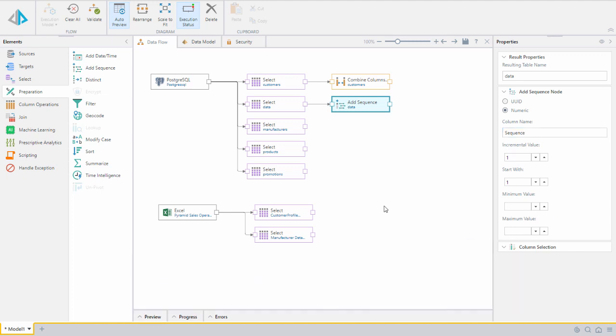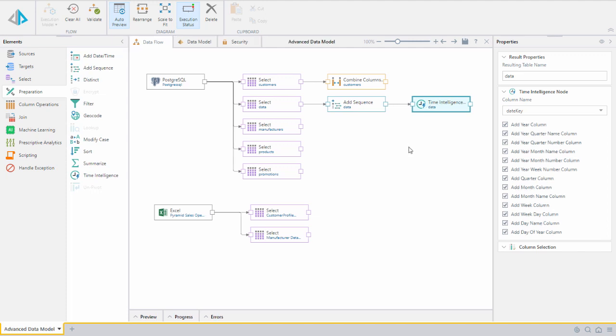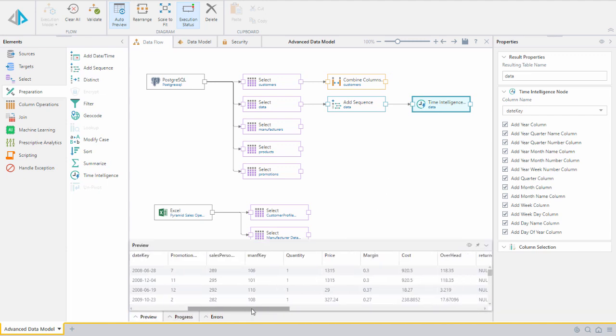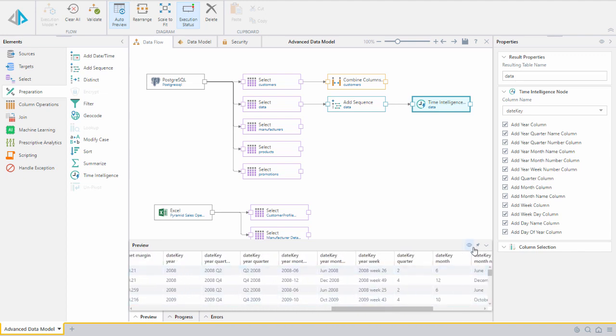In addition to this, I'd like to add some time intelligence that takes the date key from our data table and creates time items that we can use to build our date hierarchies. I'll drag and drop a time intelligence tile from the Preparation tab to the canvas. We'll connect the sequence and time intelligence tiles. Here, we see Pyramid automatically knows that date key is a date format. We'll rename this table to be data. And we'll select all these items to be added to our model. We'll use these items later to generate our date hierarchies. So now we'll have things like year, quarter, month, week, and day without having to have a robust time dimension